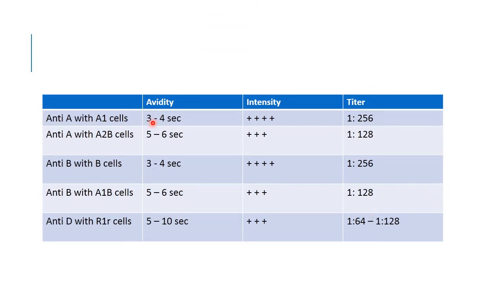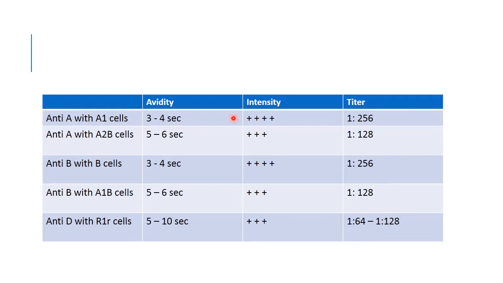There are other types of quality control measures for these antisera called avidity, intensity and titer. With respect to all the antisera, it will be checked with the corresponding cells. Avidity refers to the overall strength of a reaction between the antigen and antibody. Intensity refers to the power of binding between the antigen and antibody. And titer refers to the concentration of antigen or antibody.